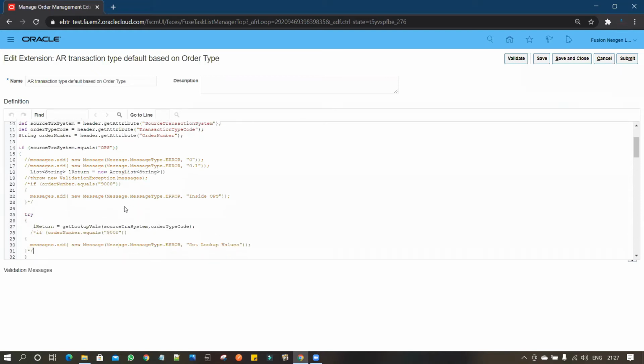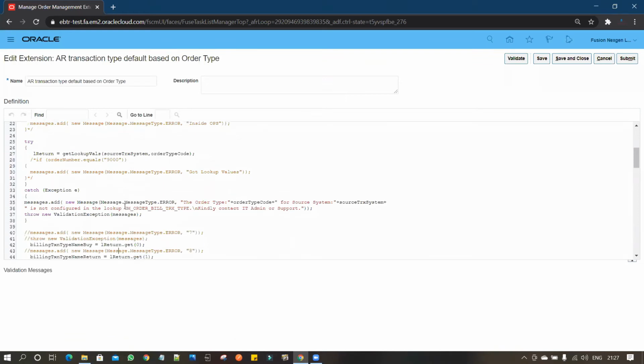If you go below, you can see we have also written the code over here. We are throwing an error if the configuration is not available under this lookup. It will throw an error while creating the sales order, so that the user can go and directly configure the mapping within that lookup.